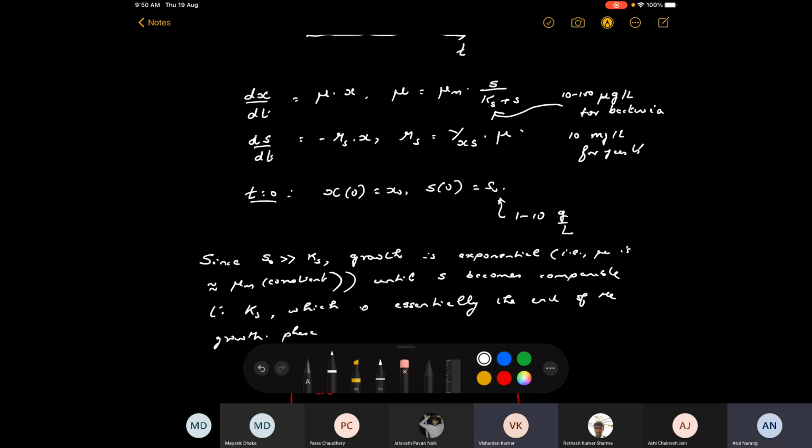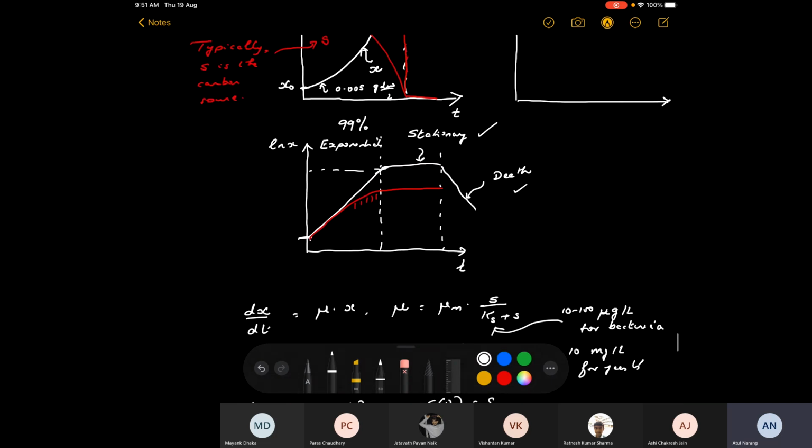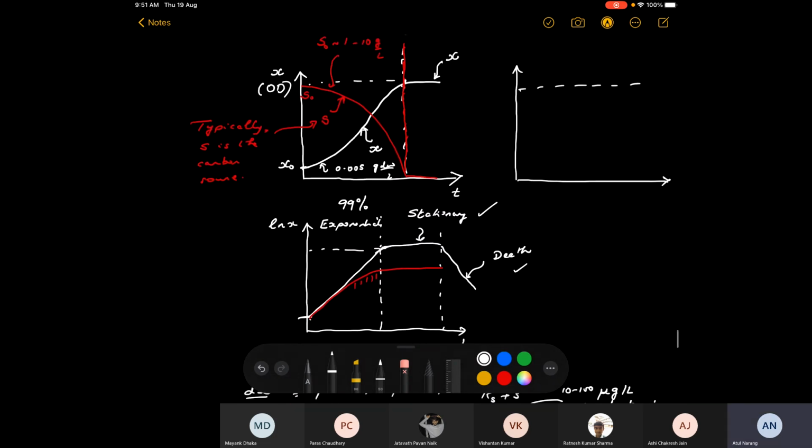Because we assumed S over Ks plus S to be equal to 1. After some point S would be comparable to Ks, and then dx by dt would not be an exponential function; x would not be exponential. So the reality is that when S becomes comparable to Ks, this model is no longer valid, essentially beyond